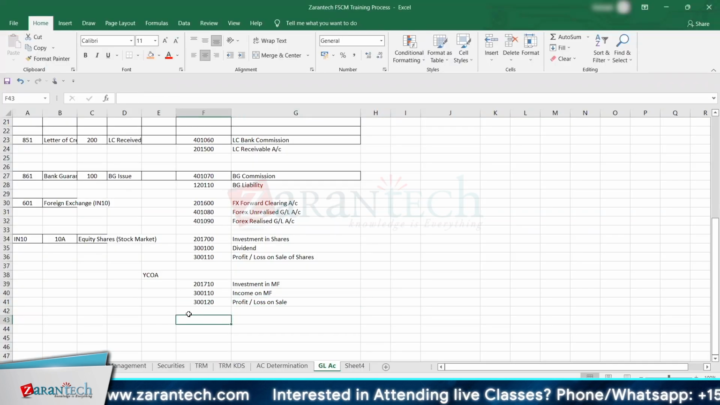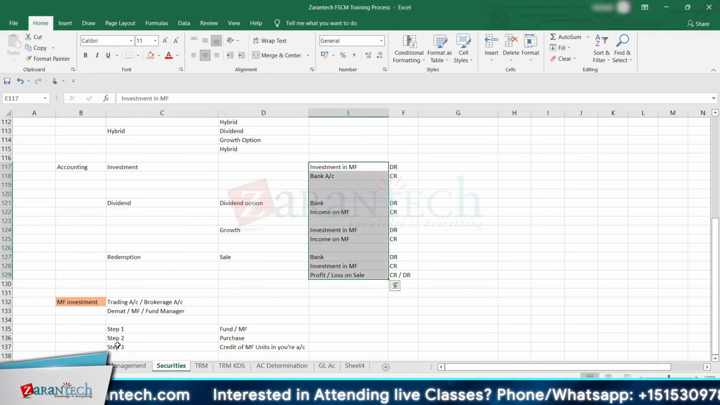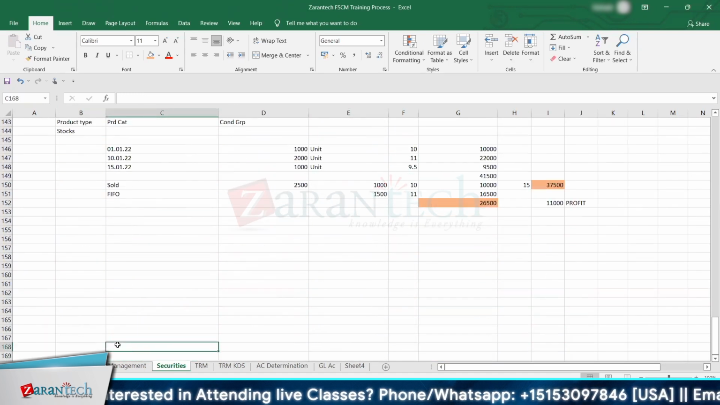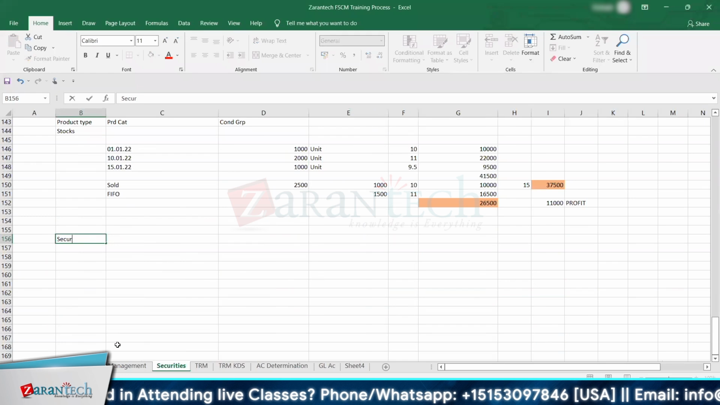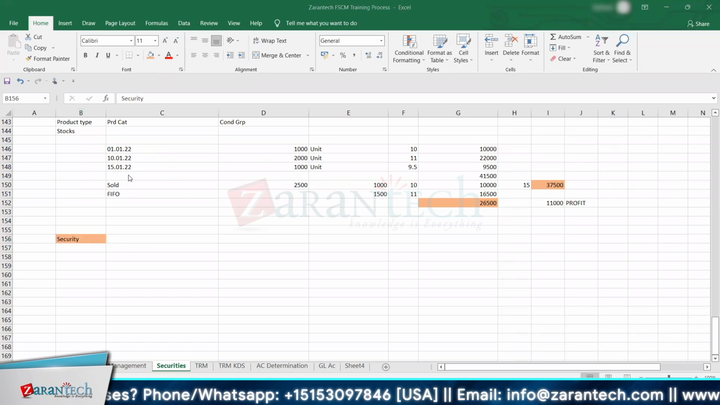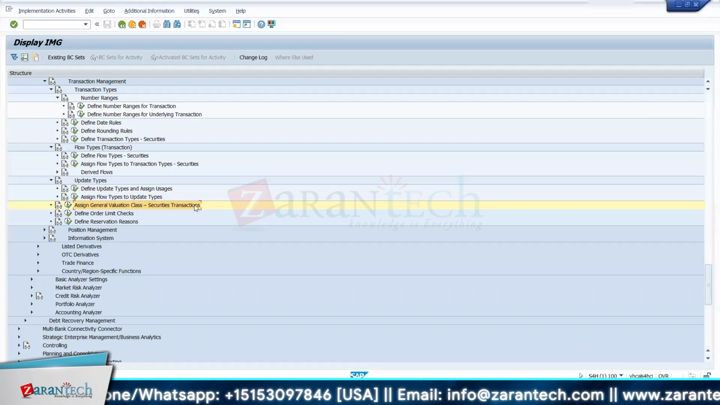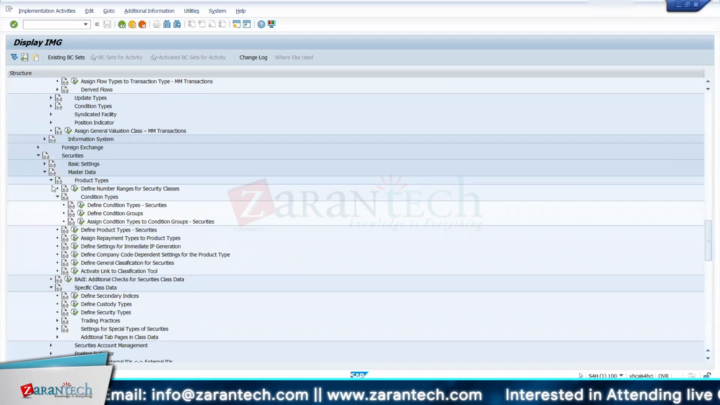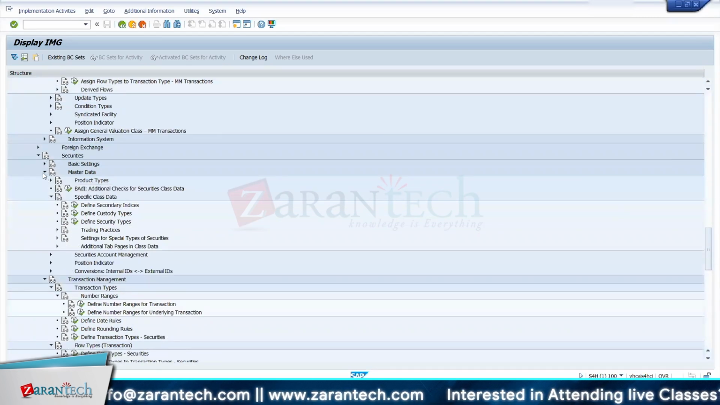So step number 1. This is now very important for the transaction. So step number 1, let us try to set up this security account. Means once I purchase this mutual fund, where will these units be stored? Okay, so I have to have one account where I can store these mutual fund units. For that you can see in the configure step,